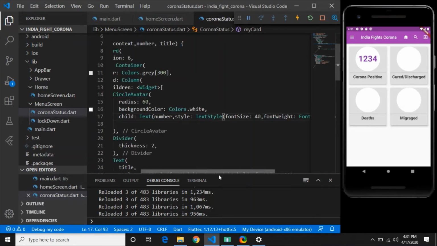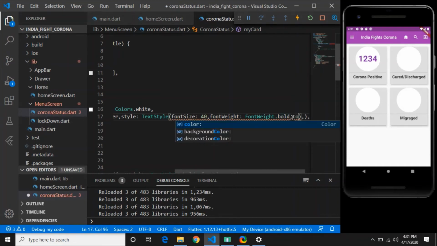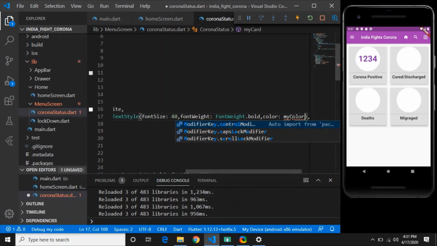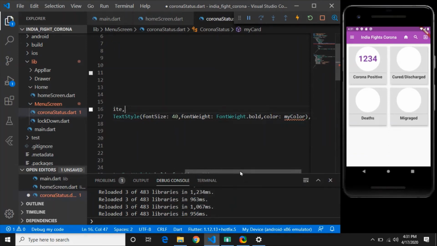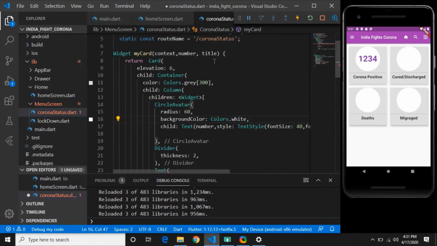Color should be my color, because corona positive patients we will keep pink, and there should be green, red. So I will accept one more argument, that is myColor, and I will pass color from here.